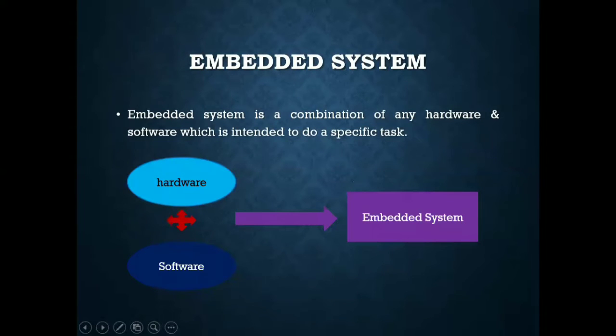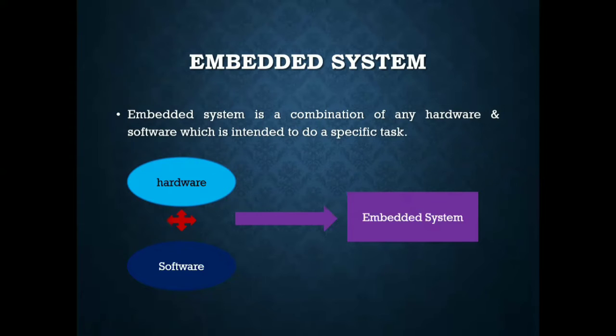Embedded system. Let us start with what is a system? An arrangement in which various units assemble and work together according to a plan or program is called a system. In an easier way, we can understand that the whole body is a system. Various units are eyes, nose, ears, and brain.